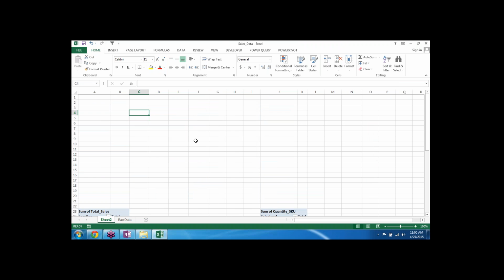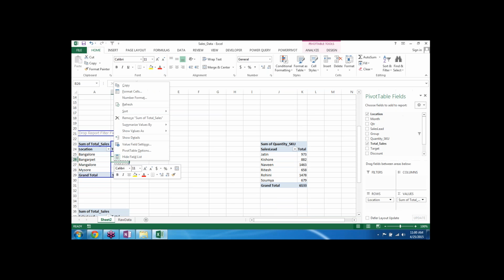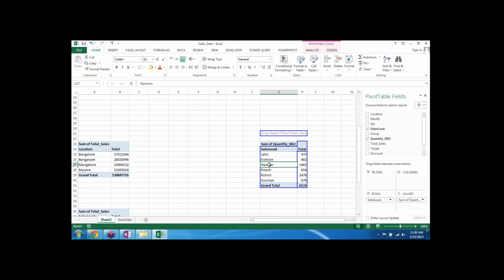Now why I have actually made four pivot tables and copied them is so that we don't have to refresh all the charts. Whenever you take any of the pivot tables, if some data has changed, you have to come here and say refresh. Now the beautiful part of pivot, if you have copied, is if you refresh one, all the four get refreshed. So you don't have to individually go and refresh all the pivots. That was one of the reasons why I just copy pasted those pivots. So everything is linked now.